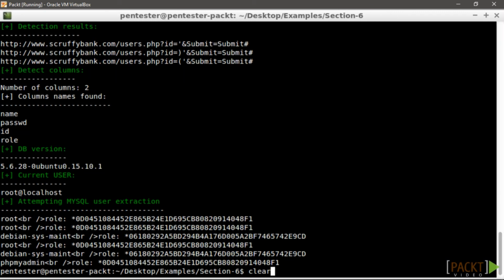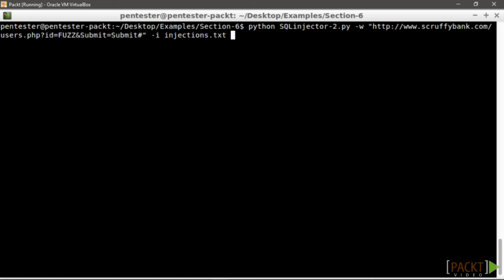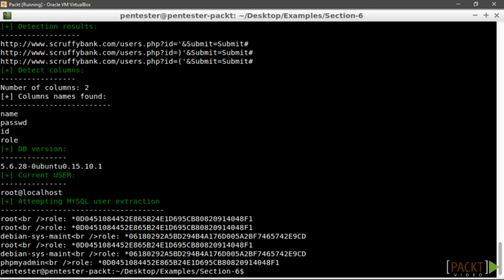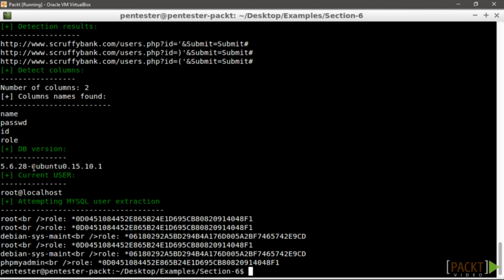Let's run it in the command line and see the output. We'll use the same command line as before. Now we can see the new data extracted. The database version is printed, in this case 5.6.28. It also gives us a hint on the OS,